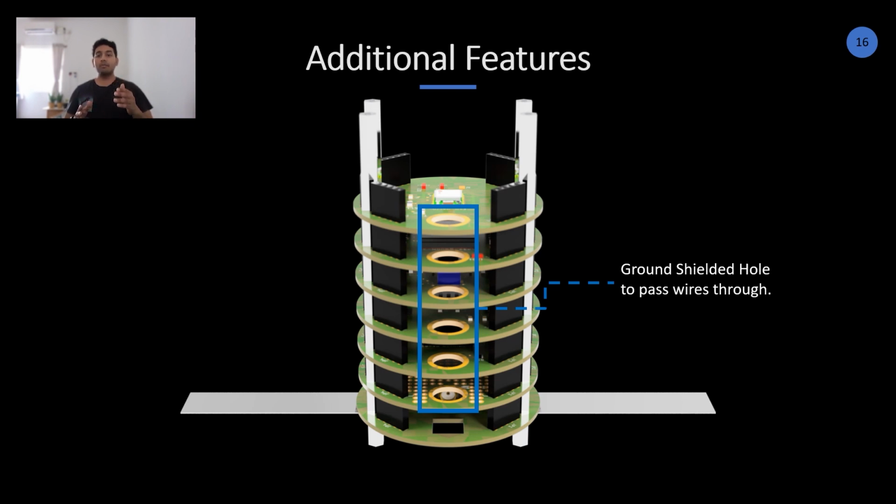So this is the same hole that we use to take the RF connection from the SMA connector on the communication system to the RF connector in the antenna board. So you can always use any other wires that you require, say for the battery connectors. If you have any payload that requires a USB connection or any other kind of pins, you can always connect it to the prototyping board and then connect it to your payload in the bottom.